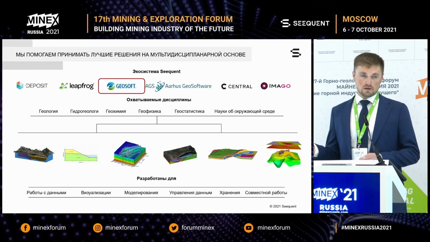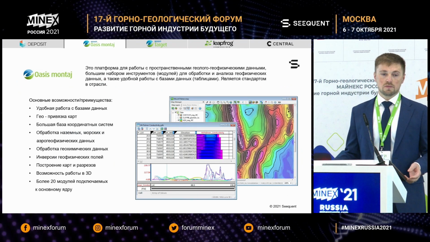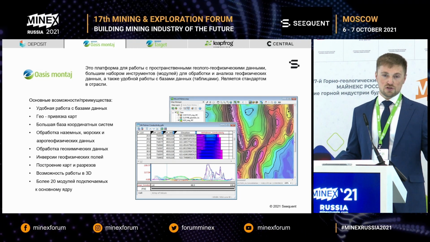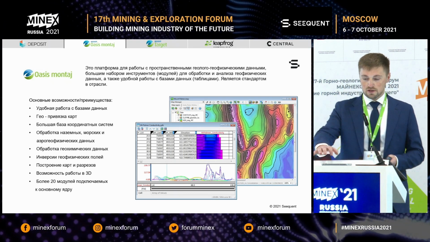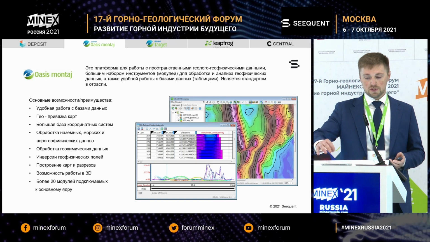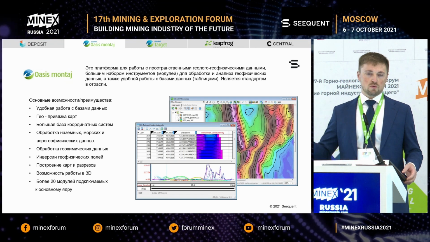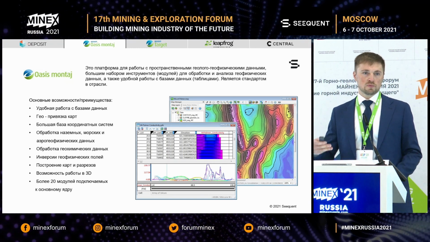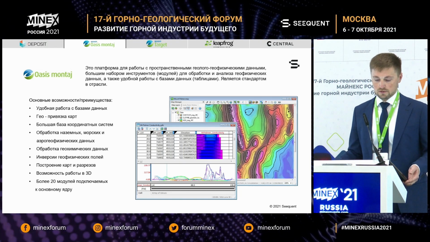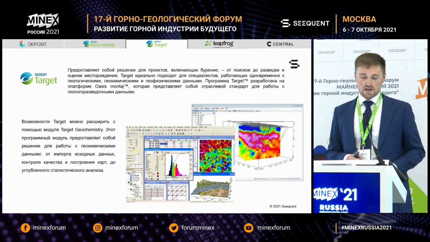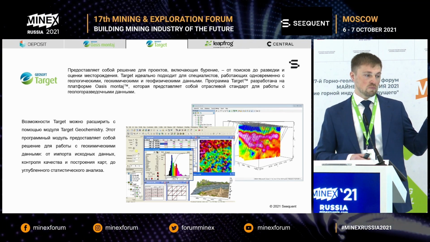Now I'll go into the next group, which is GeoSoft. That includes OASIS Montage, the leading program designed for geoscience data processing and geophysics modeling, and it is well known among all the specialists. It's a large set of tools that provides different solutions such as 3D modeling. For example, your magnetic surveying can be translated into magnetic susceptibility of the rock, and this is usually better used by geologists as compared to the anomaly maps that are more conventional as a solution.